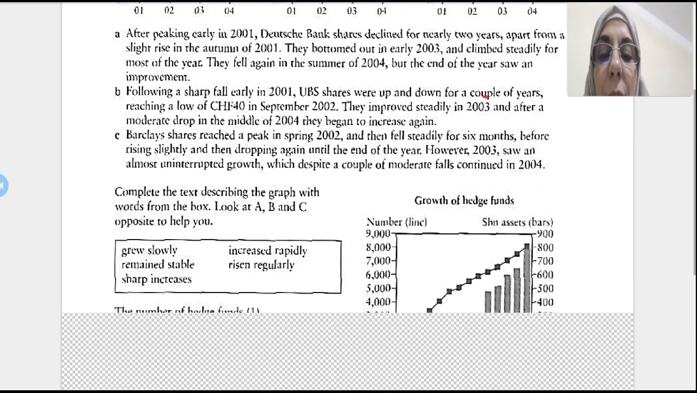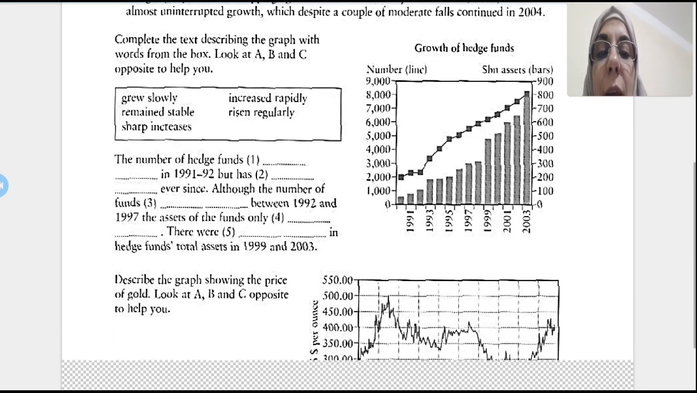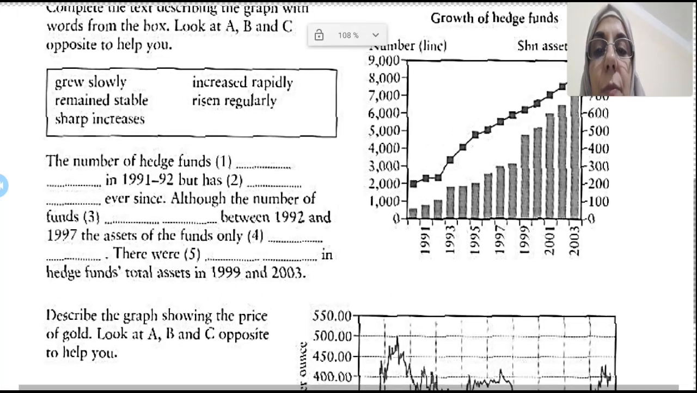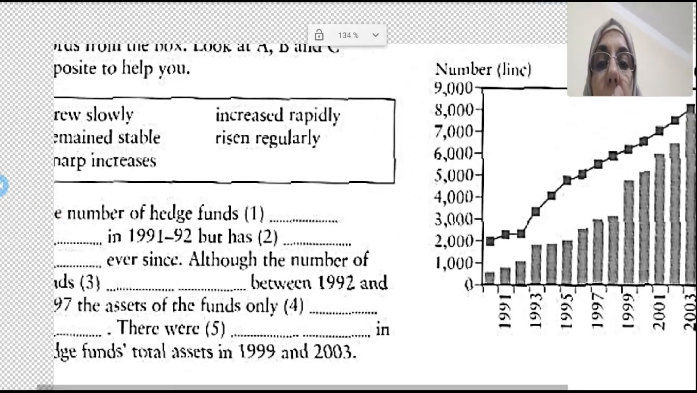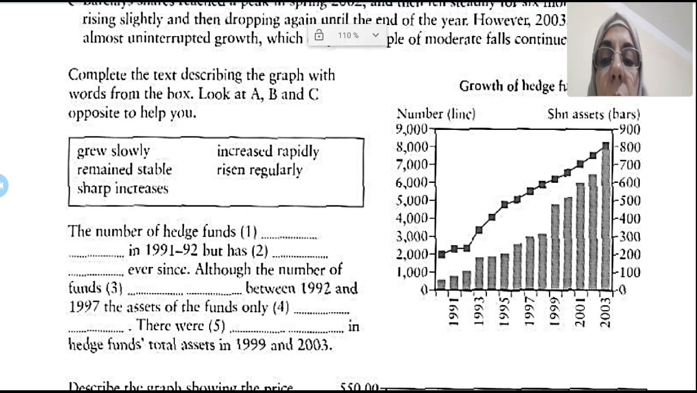Still have one exercise where you have a text describing a graph, and you have a list of words from the box. You have to choose the words from the box and put the words in the right gaps. Look at A, B, C opposite to help you. I mean